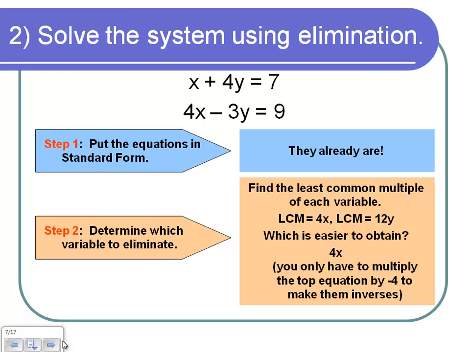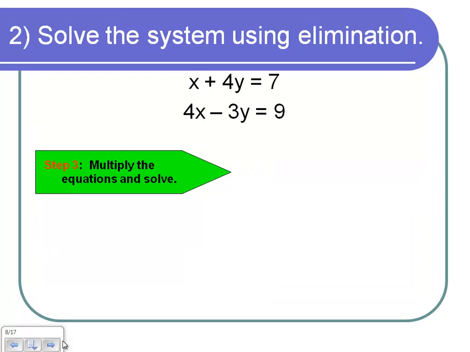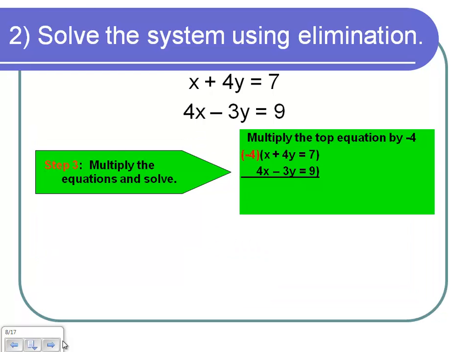The easier of the two would be the x, showing that we're multiplying through by a negative 4. Now why did I choose a negative 4? Well, because this equation is a positive 4 and I need these two variables to drop out. So I have to make one opposite of the other. Distributing through,